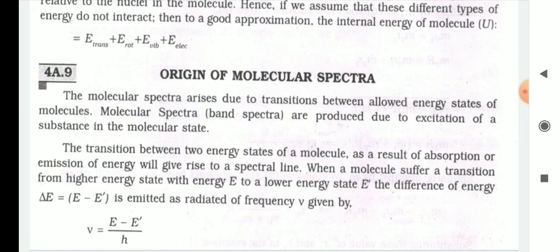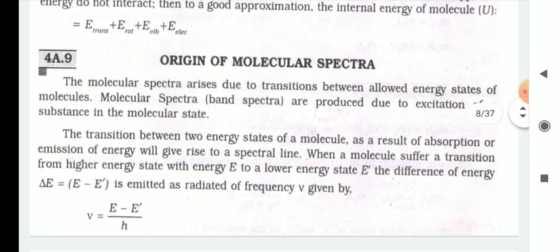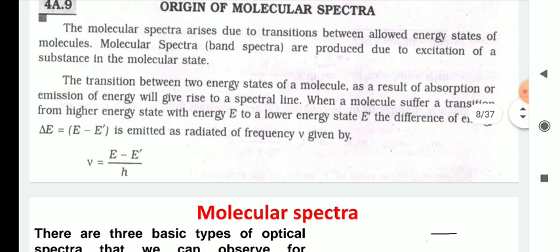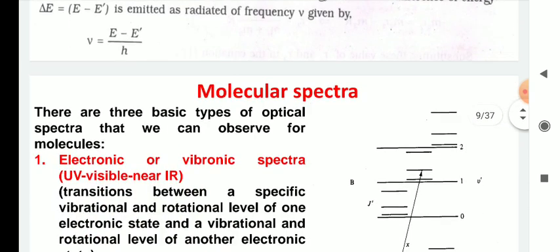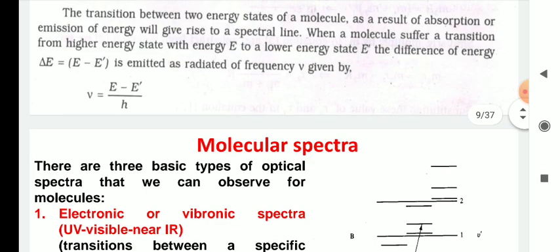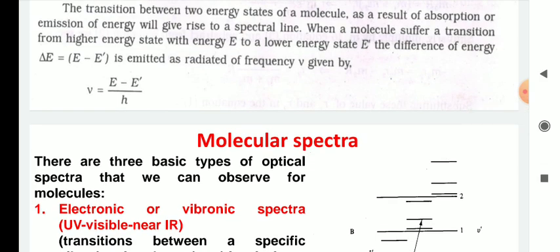But mainly the molecular energy corresponds to rotational energy, vibrational energy, and electronic energy, which are discrete, because these have discrete energy levels. The molecular spectra: the transition between two energy states of a molecule as a result of absorption or emission of energy will give rise to a spectral line. When a molecule suffers a transition from a higher energy state with energy E to a lower